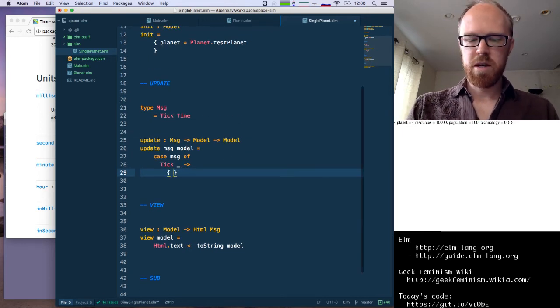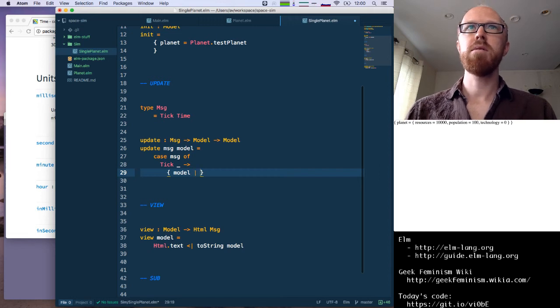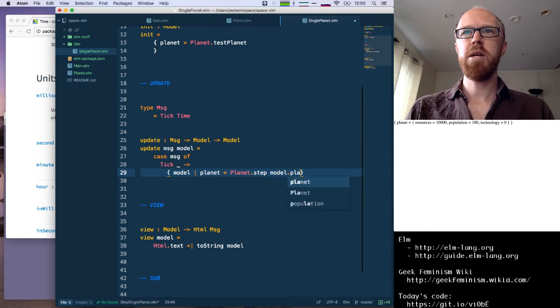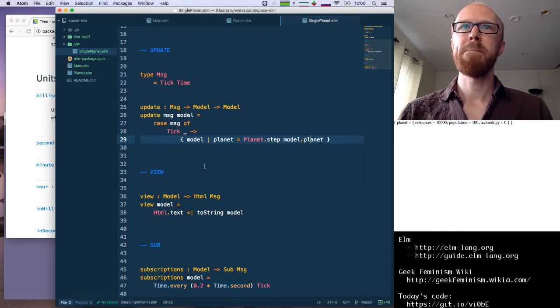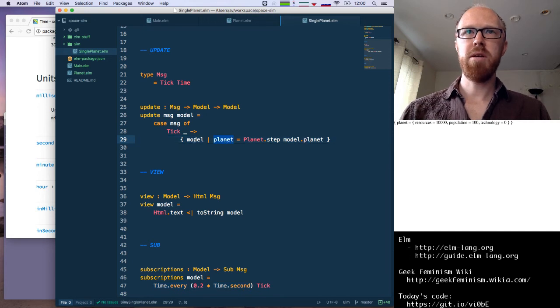So in this case, we're going to take the model and we are going to update the planet to be planet.step of our old planet. So that should calculate the new planet stored in our model, and we're good to go.